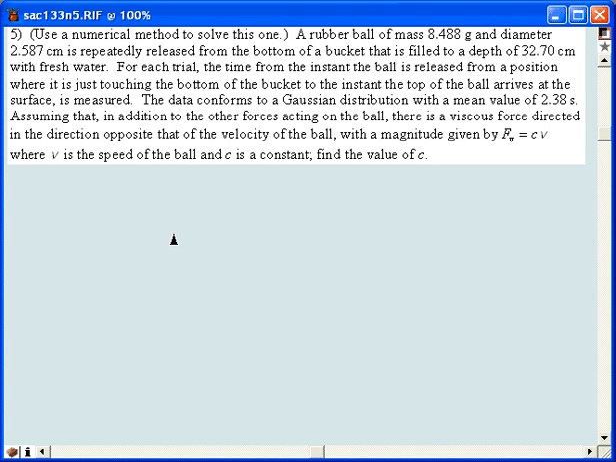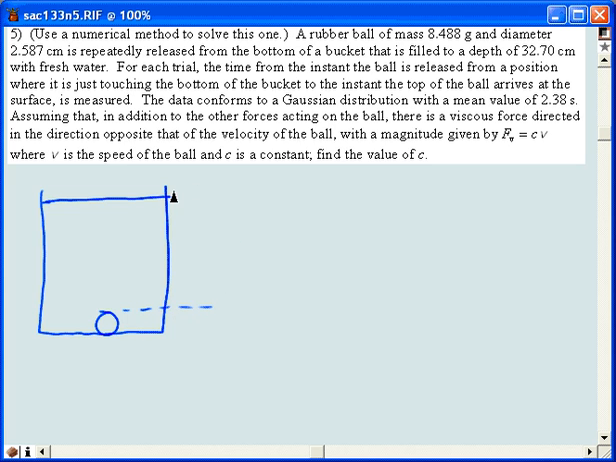Okay, what we've got here is a ball. Somebody releases it from the bottom of a bucket of water, and they time how long it takes to get to the top, where the distance it has to get to the top is a known value, a known distance. I'll call it X max. I'll call it X final. Where we know the distance because they gave us the depth of the water. I'll call that H